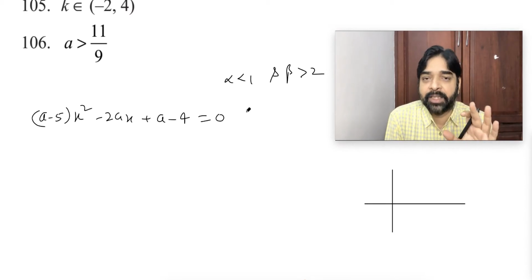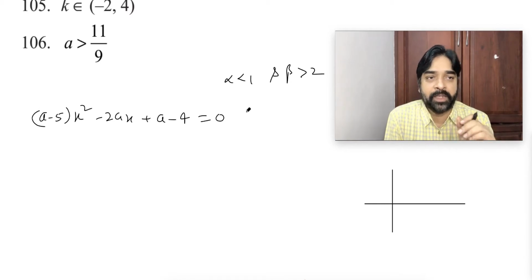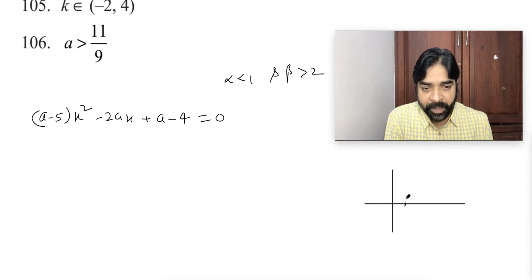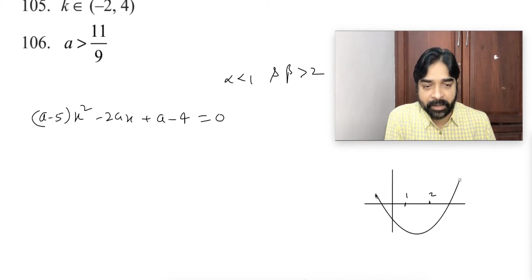So D greater than 0, two situations will be there: when the coefficient is greater than 0 and when the coefficient is less than 0. So first one case I am doing, this is the 1 I am taking and this is 2 I am taking. Means one intersection should take place before 1 and other should be after 2. That's what the meaning of the question. Yes or no? It may be like this also, it can happen. It may be like this also. Means there is no condition on C.